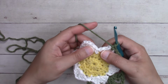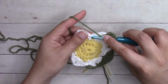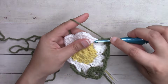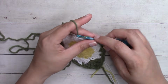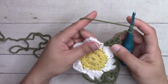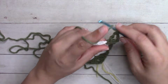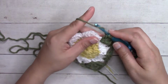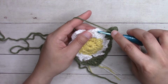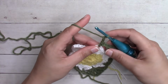Now we've reached the next corner. Start with a chain 2 first, then work 2 treble crochets into that next single crochet. Chain 3, 2 treble crochets back into the same exact stitch, chain 2, single crochet into the next chain space of that next petal, chain 2, then the next corner here